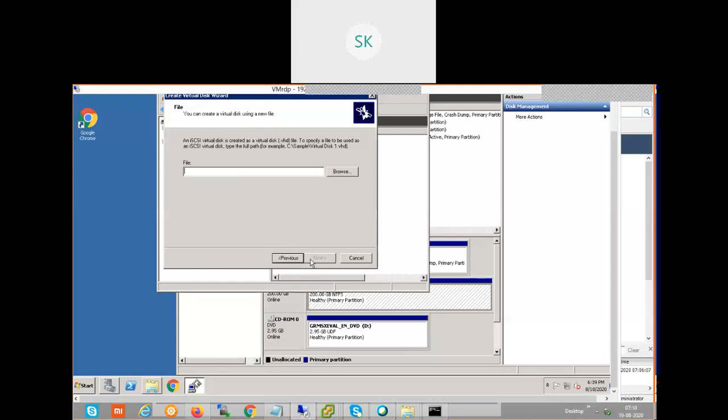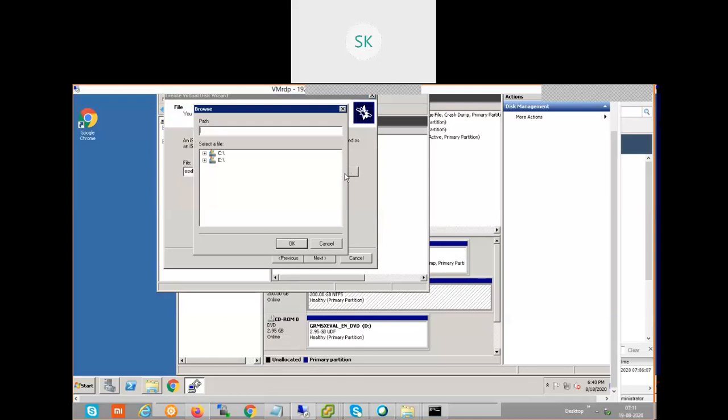Next, file name. Just give the file name. We can give a file name for our identification of where we are going to assign this disk: ESXi host 1 and 2, ESX 1-2. Browse.